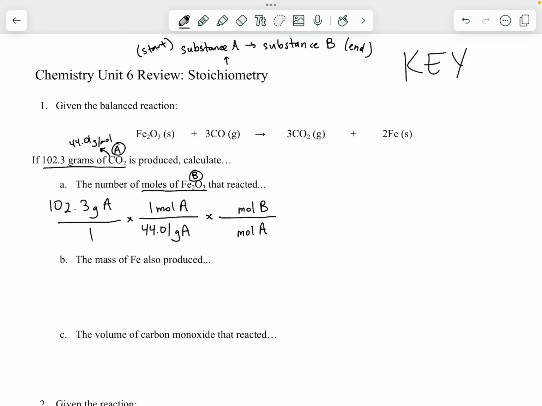And this step right here is where we officially go from substance A to substance B. At this step, that's where we're using the coefficients in our balanced equation. That's the only time those values come into play, but those are the mole-to-mole ratios. And so, again, we can kind of show that and lay it out a little bit here, where we say